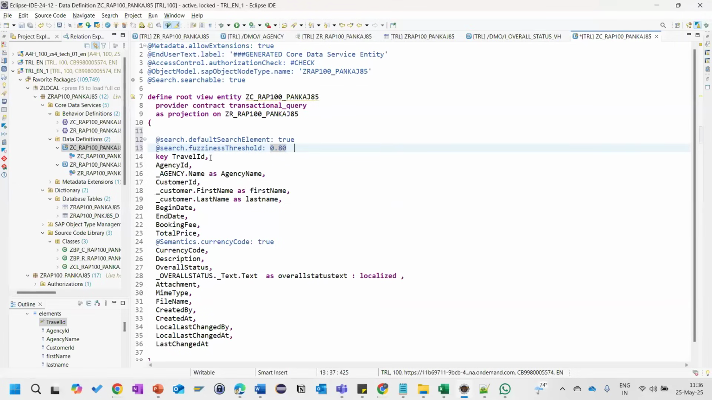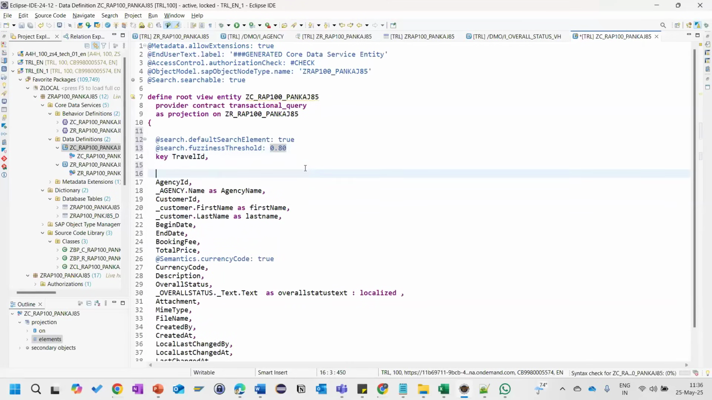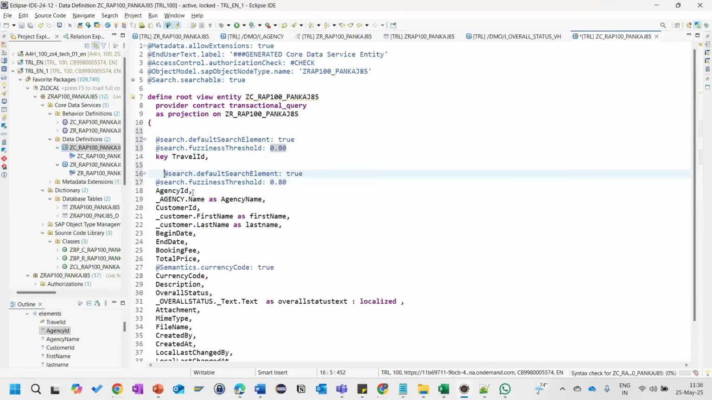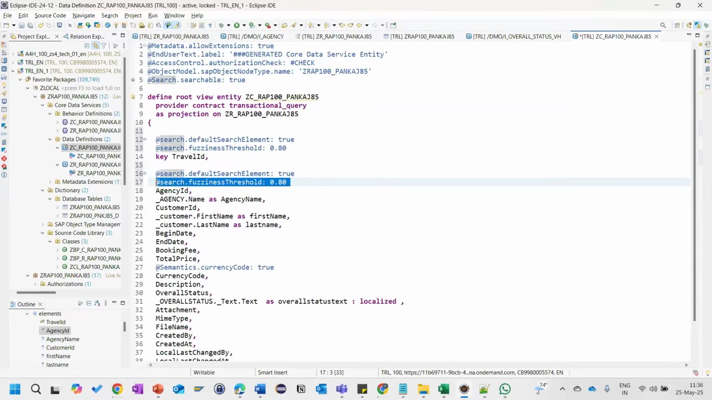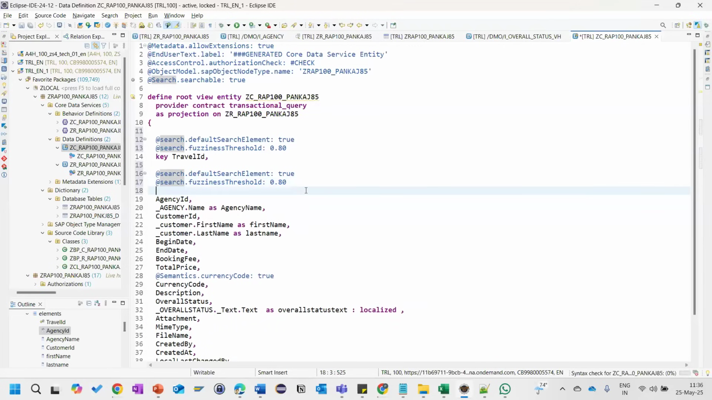So this is the travel ID, and then for agency ID, again in the same way we are going to define. So let's copy this, and I'll be pasting this one. Search dot default search element true, search dot fuzziness threshold 0.80. This also we can keep, that's okay. And come here, then